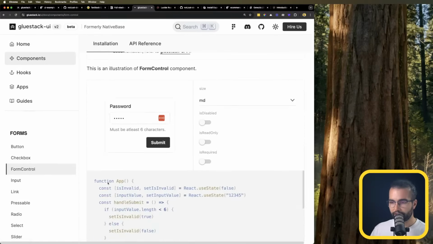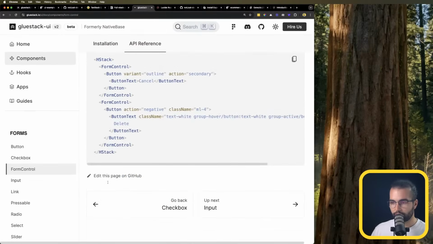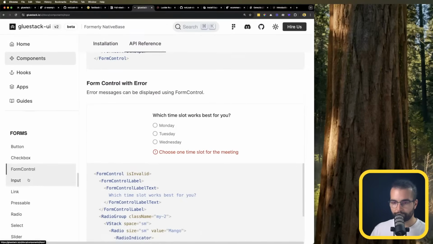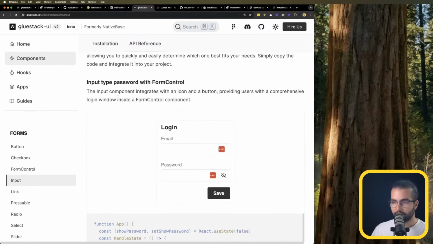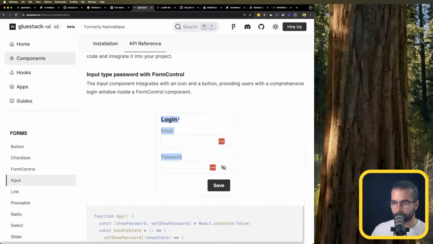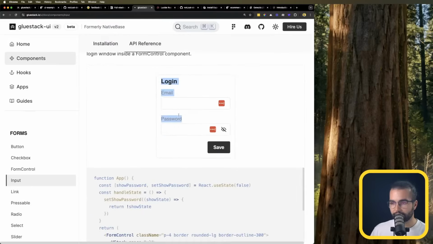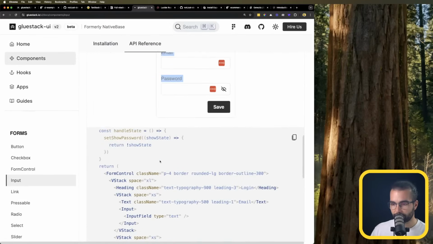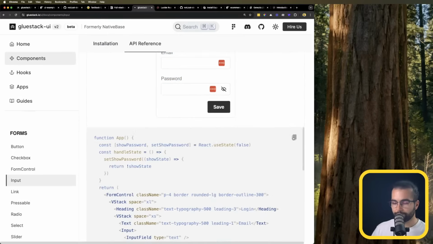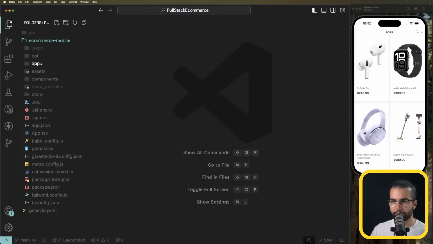And somewhere I found a login screen that I can just reuse. It should be under the input. And if we scroll down from the input, we have here input type login, the login screen in the examples. So let's go ahead and first go under the input types, and let's take the login screen into our application. I'm gonna copy the whole code here, and in our source, not in API, but in the mobile,